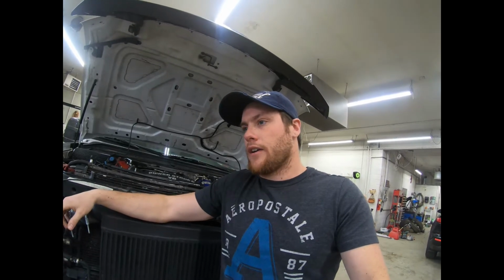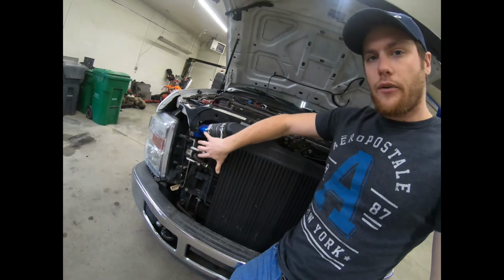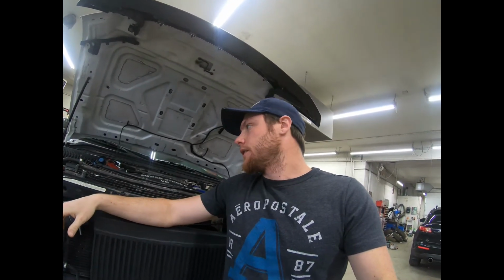I've got a billet diesel or a Bulletproof Diesel half kit that's going to eliminate the oil filter housing, and it's going to put a radiator right here for the oil, and that should drop my oil temperatures down to around the same as my coolant. Now, the reason why this is such a big deal is because the 6.4's tolerances in the crank journals and everything like that,